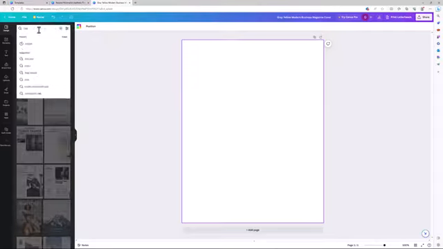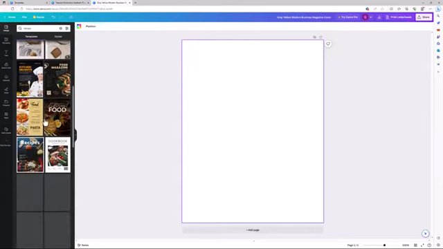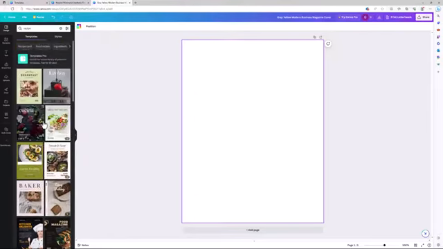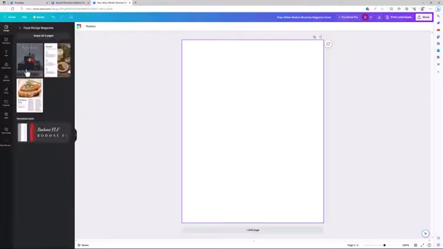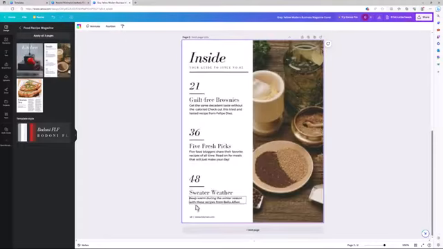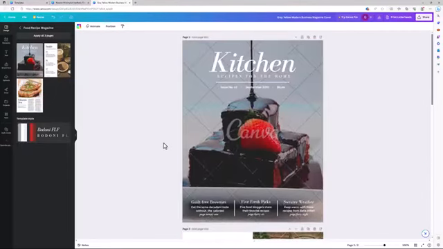If I type the exact same keyword that we typed over in that ebook, but now I'm typing recipe here, now suddenly this is more in the ballpark. Suddenly we're seeing a lot more options that seem like they're going to have recipes or be recipe books. Like if I click on this one here, we see that it actually has 3 pages. And so if I click plus here, I can add this page. I can add a new page, I can add this inside page, I can add another page, I can add this page. So we have multiple options, and we can see this is getting more towards what we want here